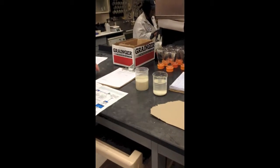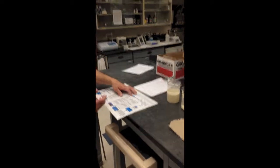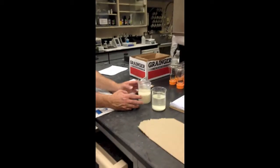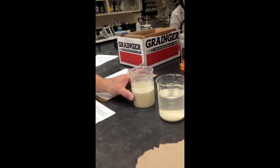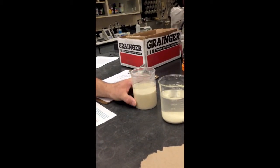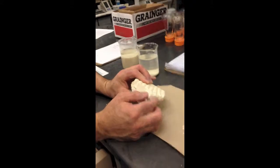What you have here is, in this very first clarifier, you can see that what we do is kind of like what you've got right here. The clear water comes to the top, and then this is called a lime sludge. This is what goes off the bottom. This is what this stuff looks like after you press it up. It's a hard cake of